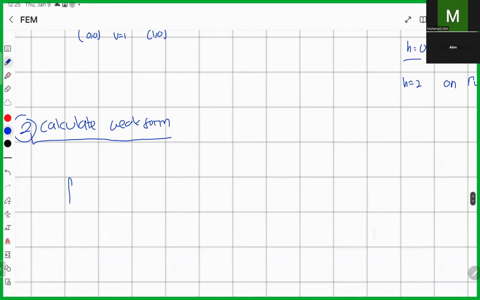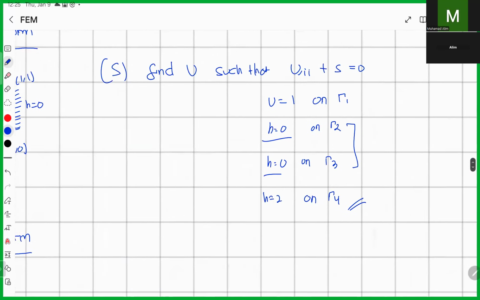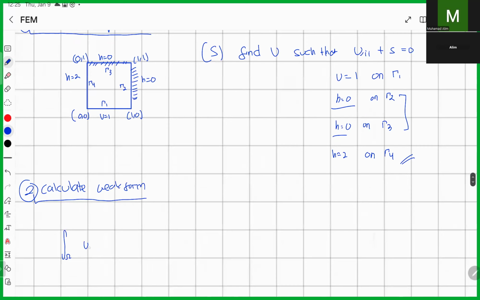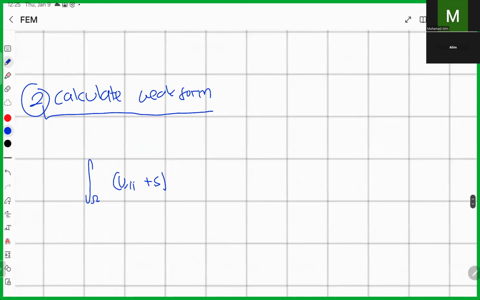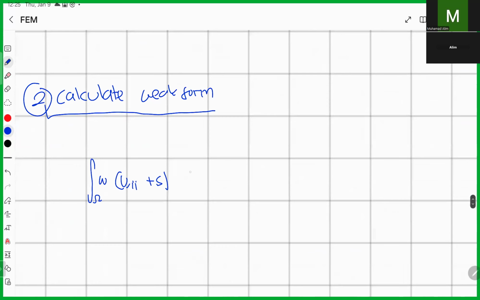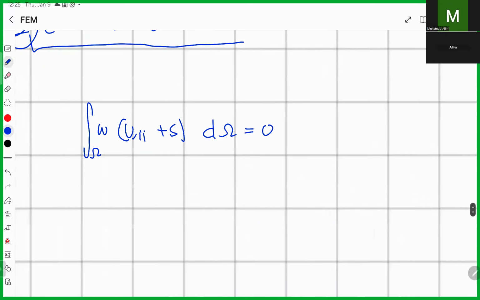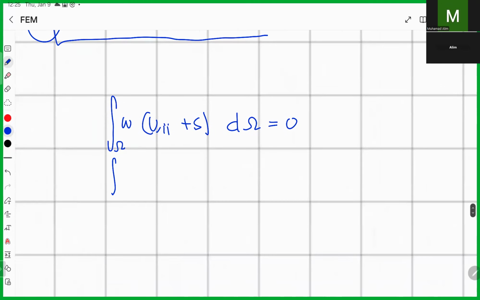First, we multiply the constitutive relationship with the weight function, and then we integrate over the domain. So this is the integral over the domain equals 0, and then you multiply this. Eventually, you will obtain this one